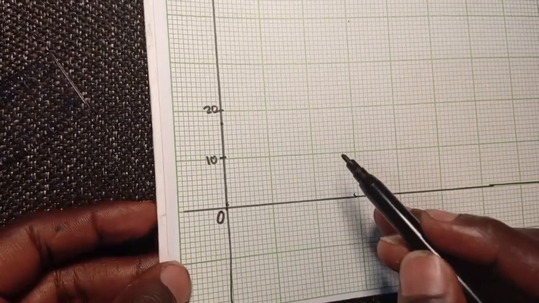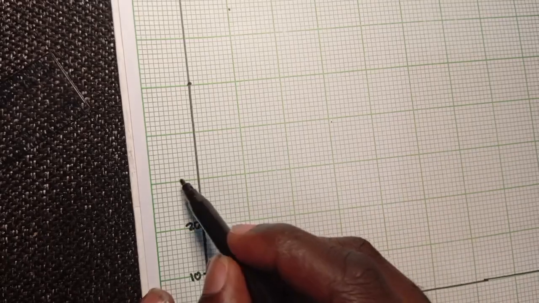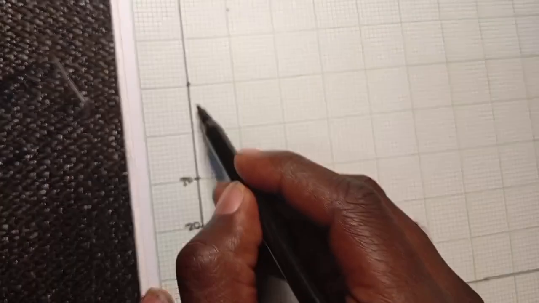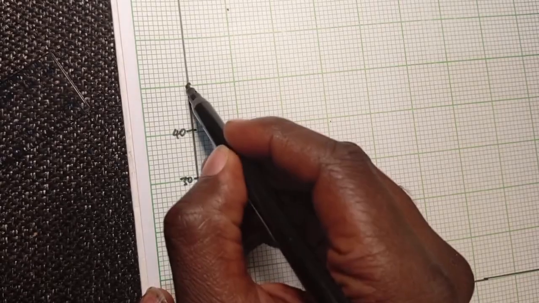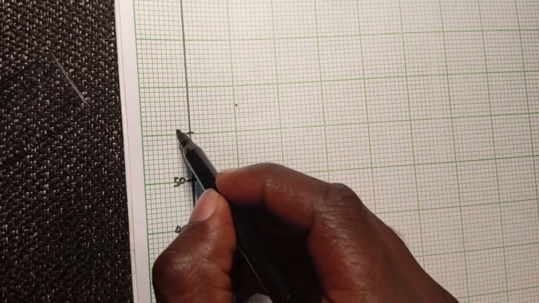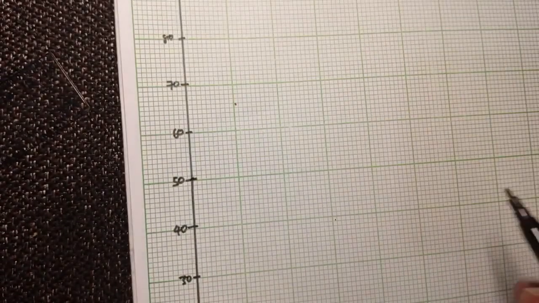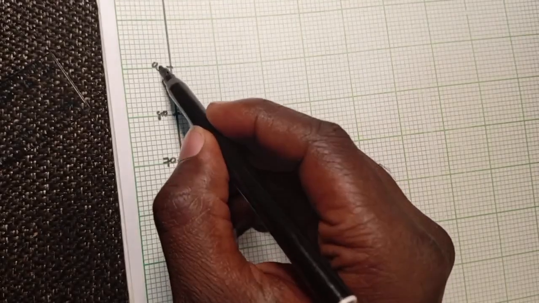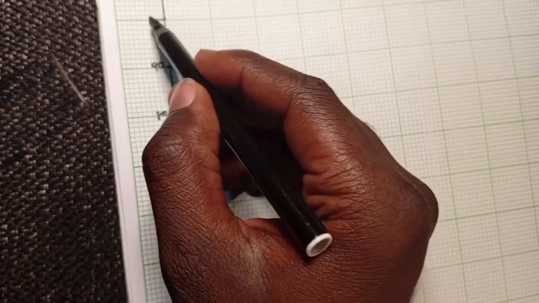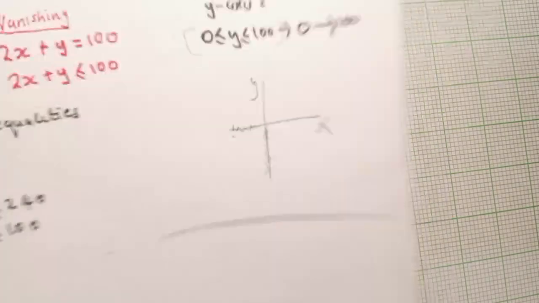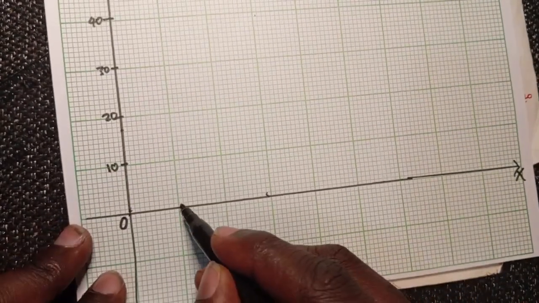Okay, so meaning here you'll be adding 10. You add 10 there, it's 30. You add 10 there, 40, 50. Okay, you go like that, 60, 70, 80. Okay, 90. On the y we were told to end at 100. So 0 to 100. Then on the x, again one big box, 10,